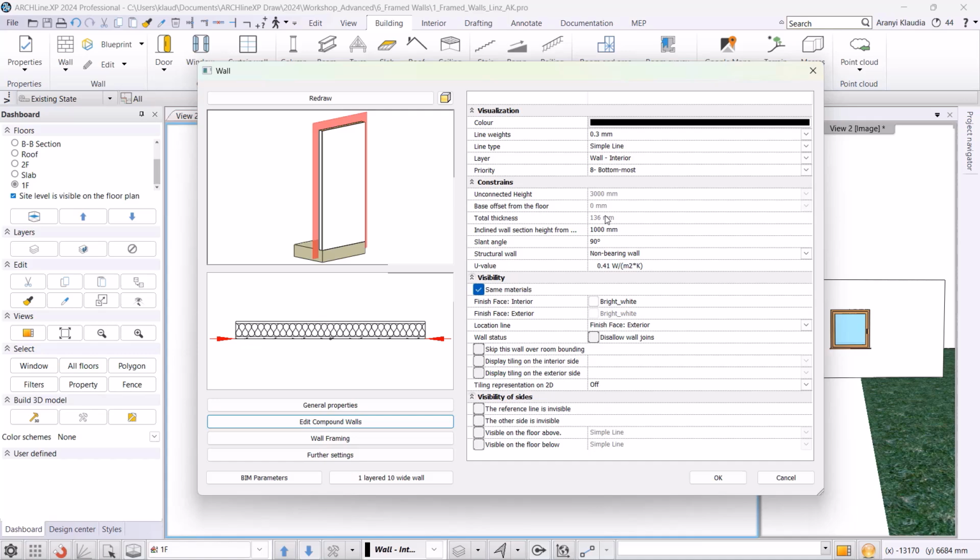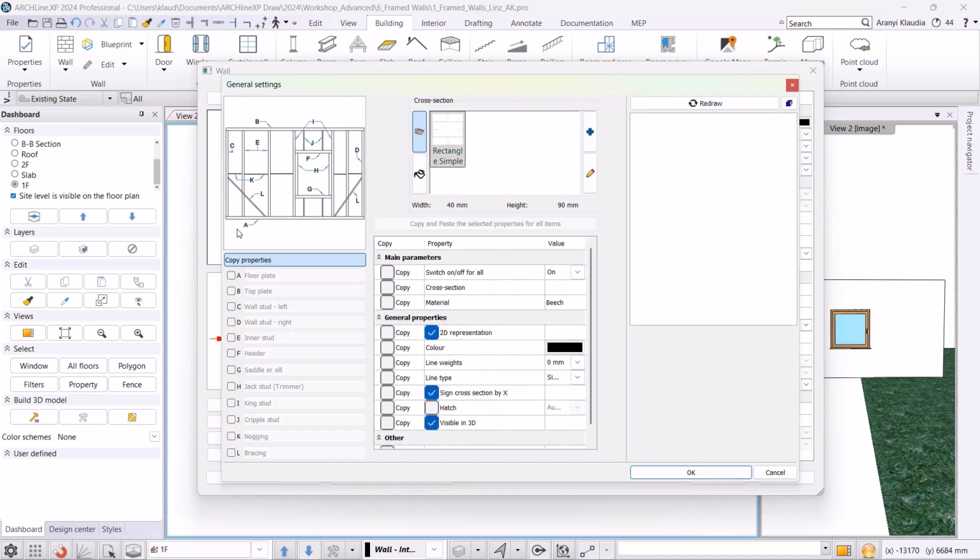The next step will be to create a frame wall structure, which we will also create in the wall properties by clicking on the frame wall structure. We will go through all the menus shown here and discuss their properties. Each of these elements can be switched on and off separately, and each element is labeled with a letter as shown